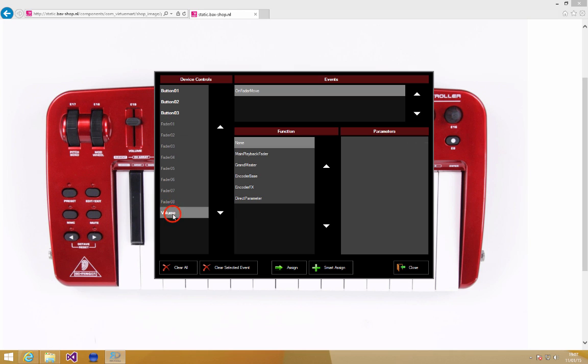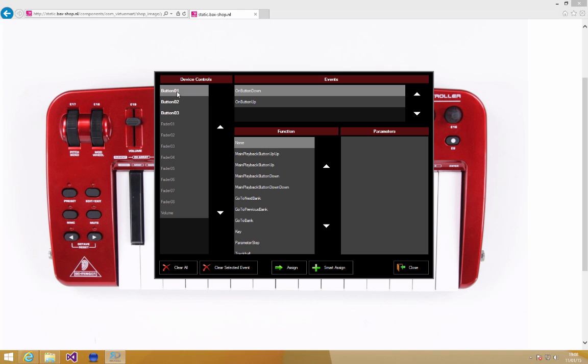So all the faders are now mapped to the first 8 faders of MPC. Now I just want to set the volume to control the grandmaster, for example. Assign. No parameters for this function, but you can see here that it's already assigned when I click this button. And then some bank changes on the first buttons, for example. So the first button will go to previous bank, the second button will go to the next bank,